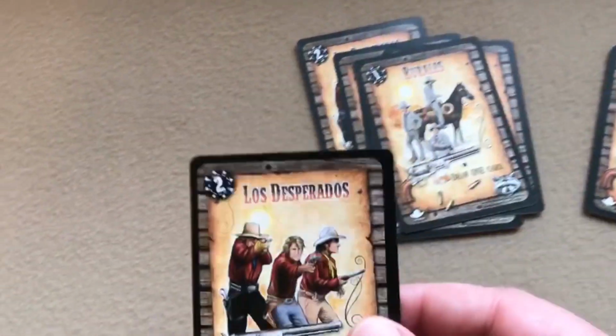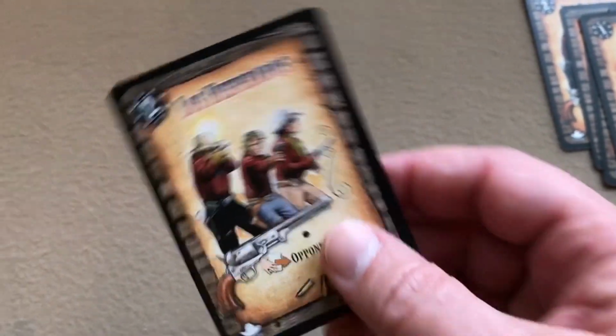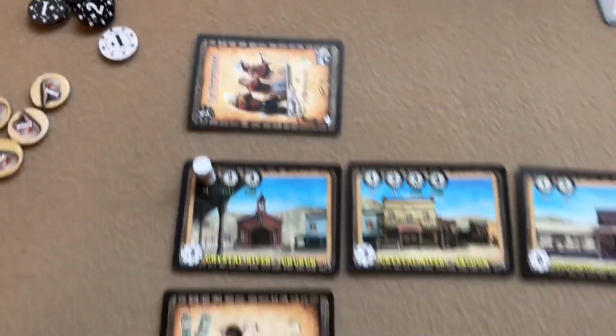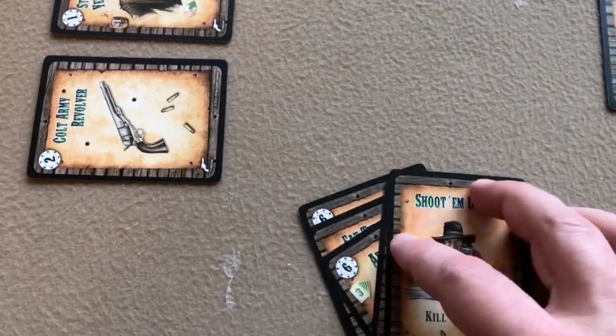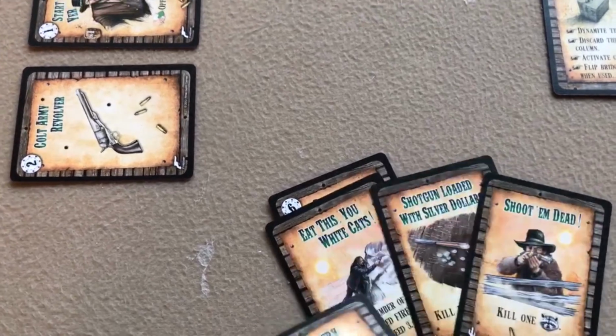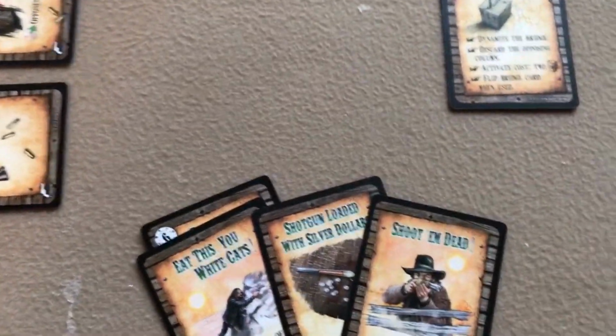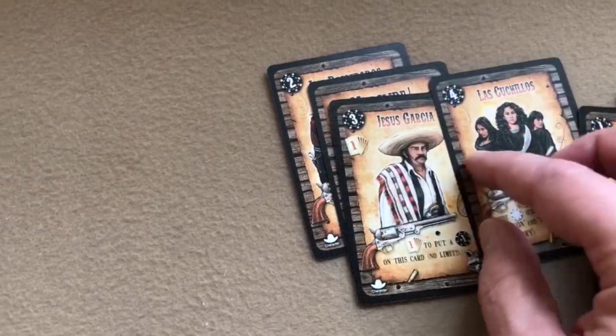So he could play this Los Desperados card, and the opponent has to discard a card. So he'll play that. So now it's not the orange icon, so I can choose which one to discard. So I'm just going to discard this cannon. Okay, then the General Mapachi player will play